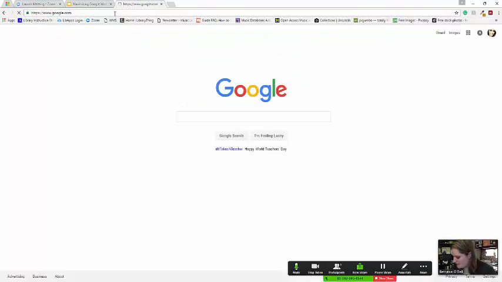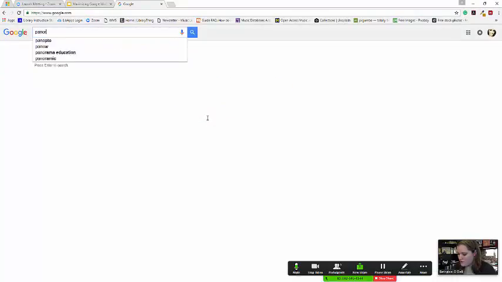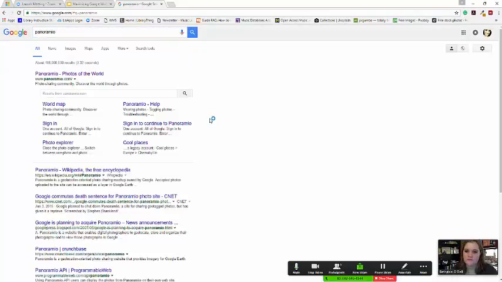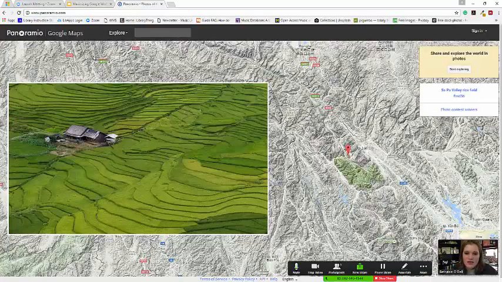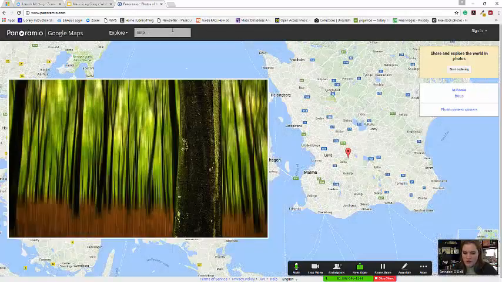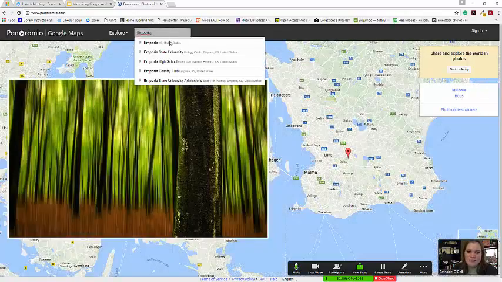The next one, I can't quite read my URL for this, but if you Google Panoramio, this is a really cool feature that Google has, and it's linked with Google Maps, which you should be familiar with. And it basically is kind of a really cool map feature that gives you kind of landmarks. So if I go and explore Emporia, Kansas,